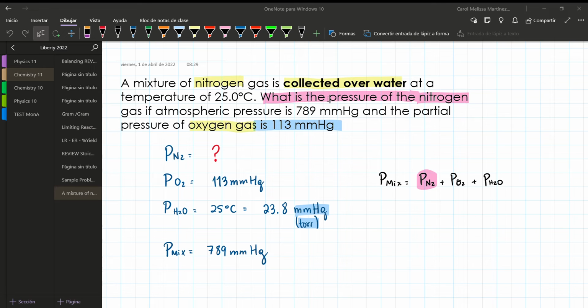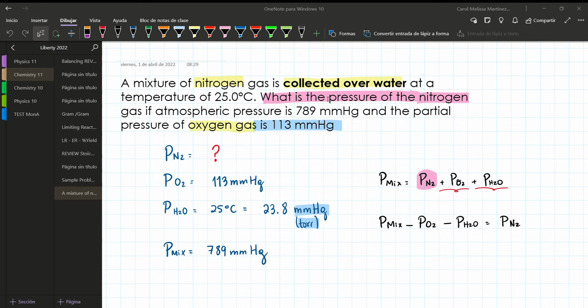So this one is adding, it goes to the other side to subtract. Also this one is adding, it's going to go to the other side to subtract. So the pressure of the mixture minus the pressure of oxygen minus the pressure of water vapor is equal to the pressure of the nitrogen gas that I'm looking for. Now all I do is I make substitution of my given,